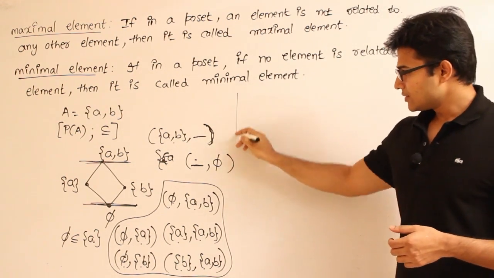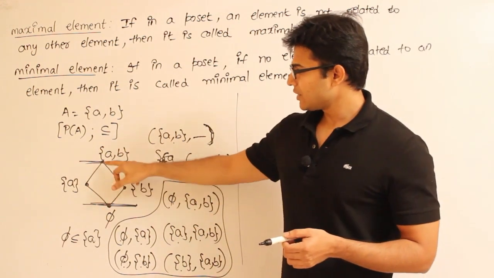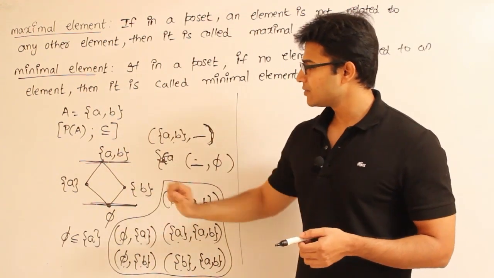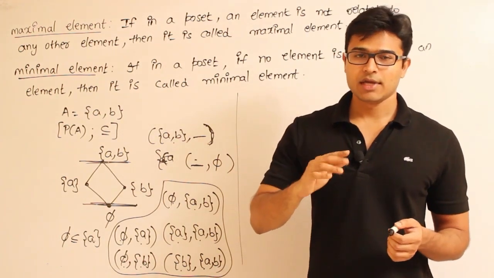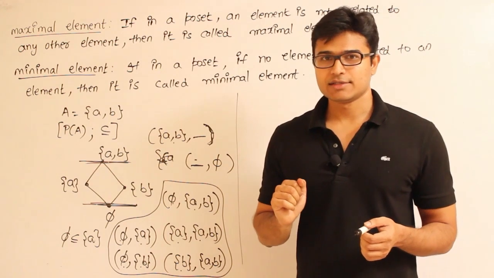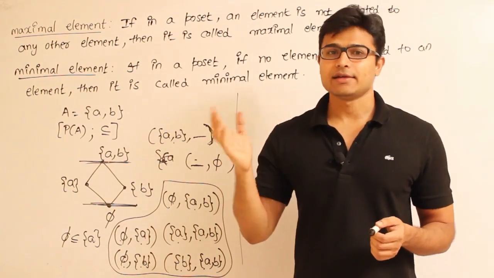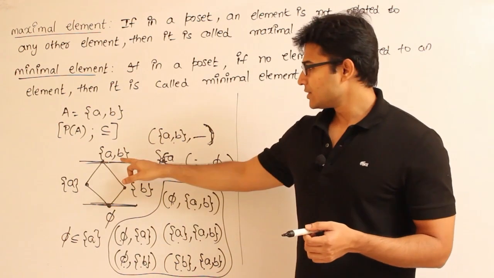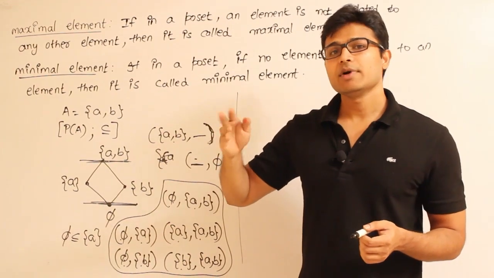Fine. So that is the definition of maximal and minimal. Now according to the definition, if I take this poset, I got that it is the maximal element and it is the minimal element. Now what is the main difference between upper bound, lower bound and minimal element and maximal element? Upper bound and lower bound are generally applicable for a lattice, right? Which means this element is going to be upper bound as well as lower bound,